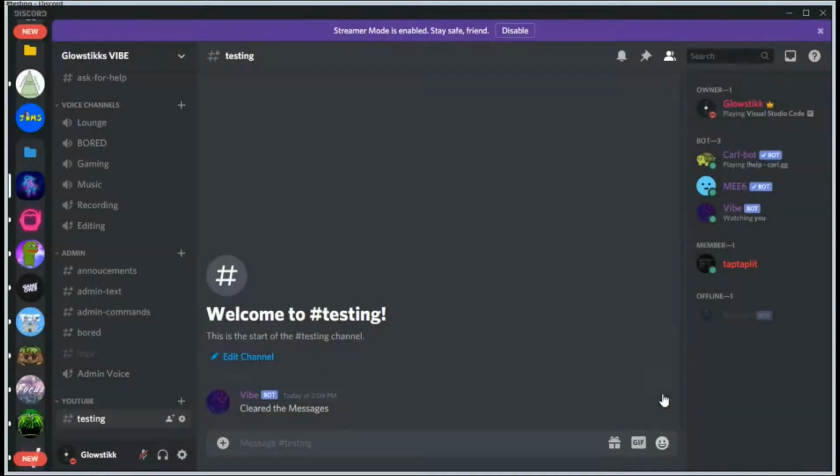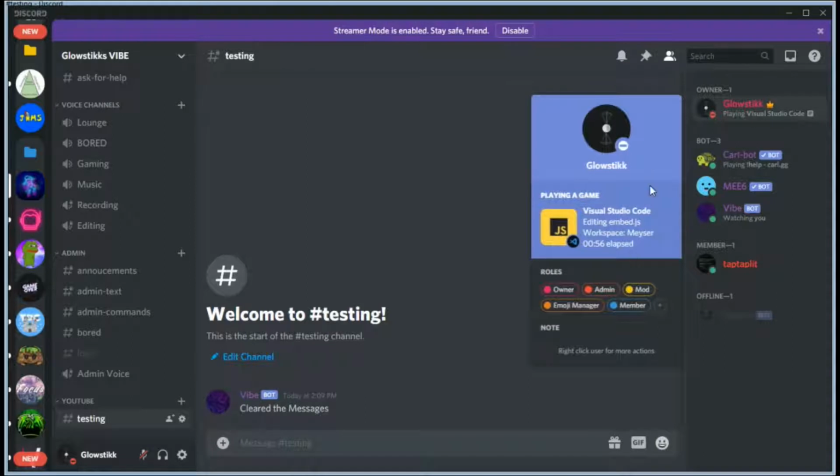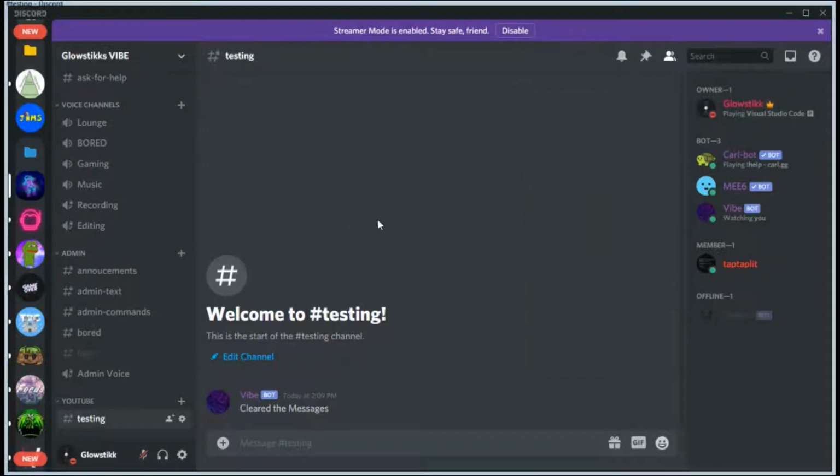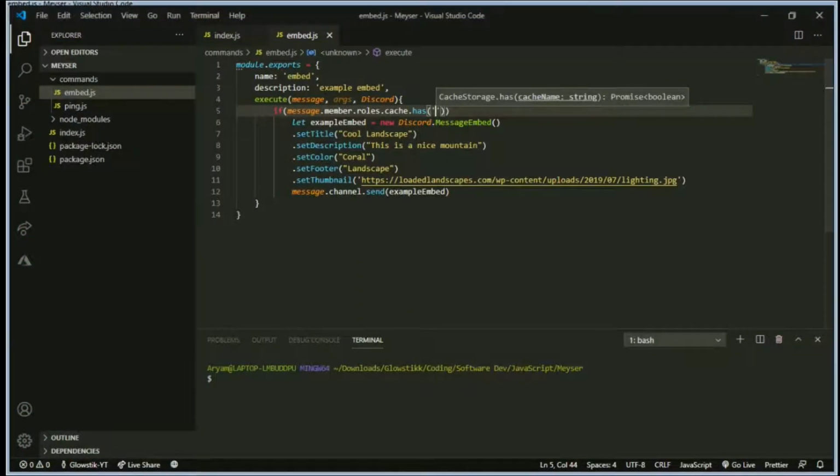This is for private servers, I guess, but I'll teach you how to set up certain permissions also. Over here, as you can see, I have a few roles: my moderation roles and my member role. If you have developer mode enabled, you can easily get a role's ID. If you don't, I'll link an article down below in the description so you can enable that. What you have to do is right click the role. Let's say only mods can do this. Right click and then it'll say copy ID. So we copy the ID, and then we go here, and where it says has,